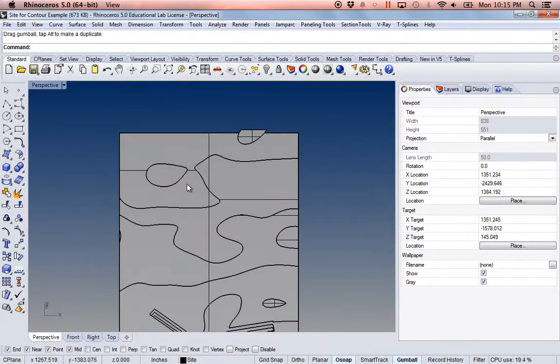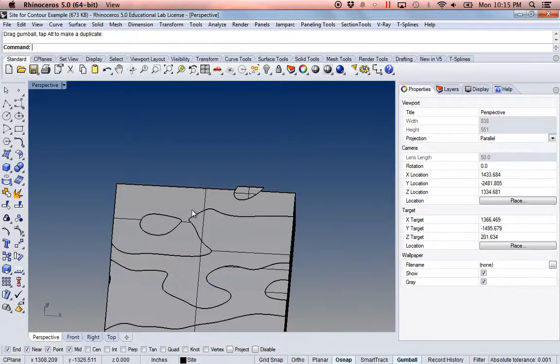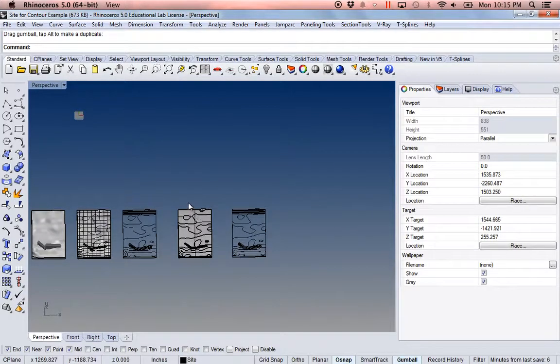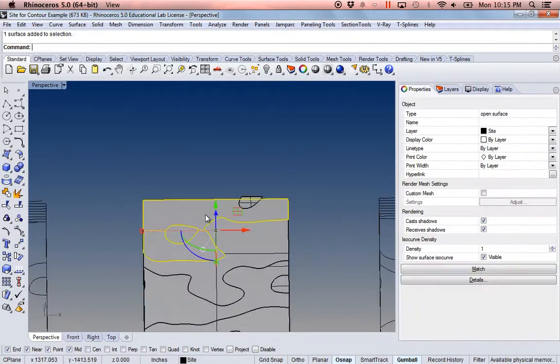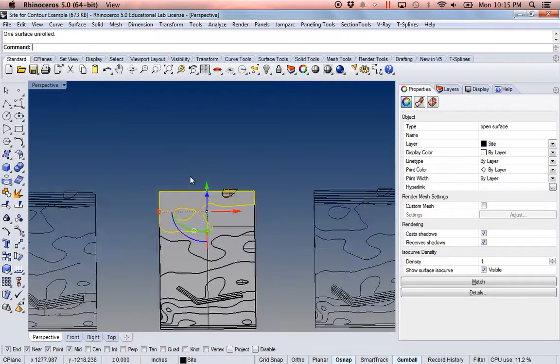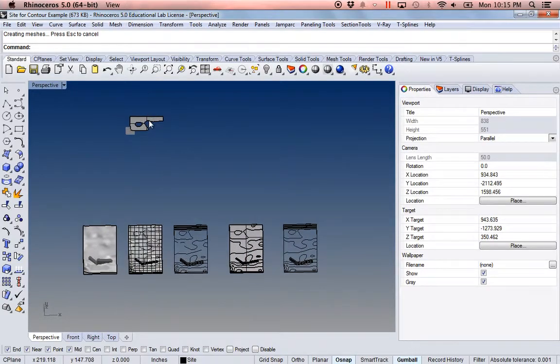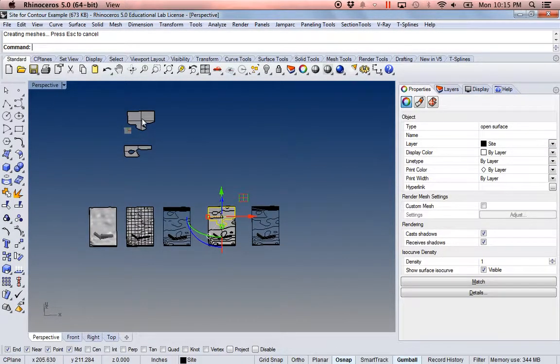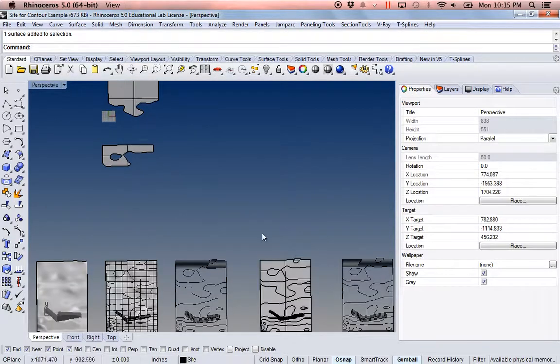So now what I need to do is unroll these. The only issue with unroll is you can only unroll one surface at a time. So for example, if I wanted to unroll all these, I would have to unroll this, move this out of the way, because I know the second surface I'm about to unroll is going to show up in the exact same position. Right? And then I'd have to continue to do this over and over again for all